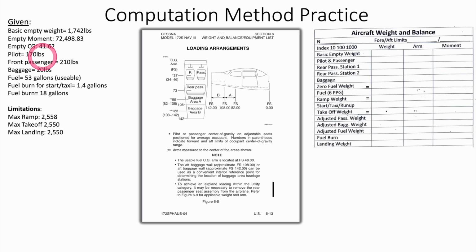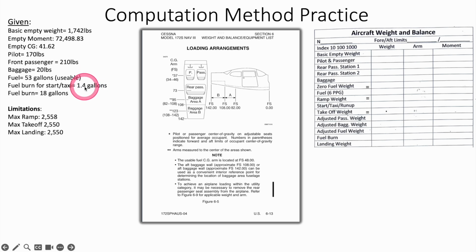And then we're going to be using this example. So the pilot or student in this case is going to be 170 pounds. Your front passenger or CFI is going to be 210 pounds. Assuming we're going to have our backpacks, it's going to be 20 pounds. And we're going to use full fuel, which is 53 gallons usable. And assuming